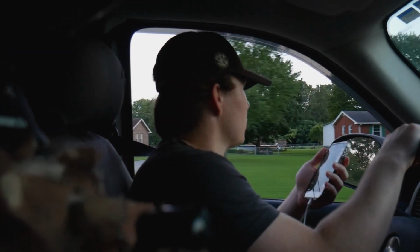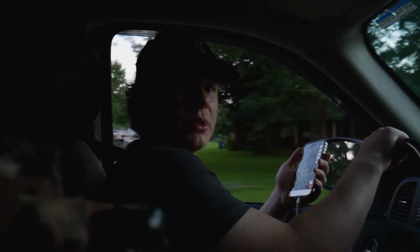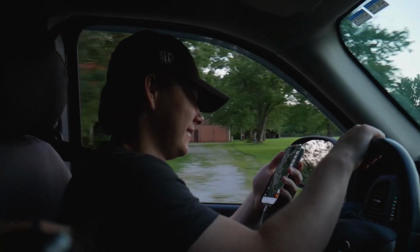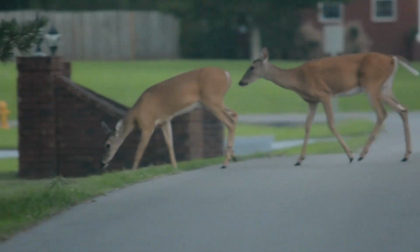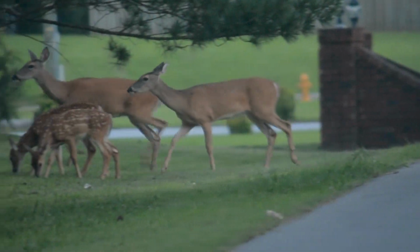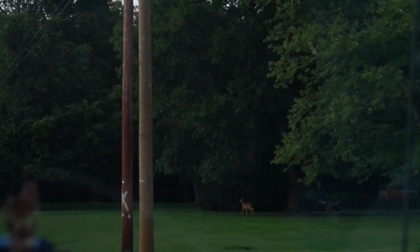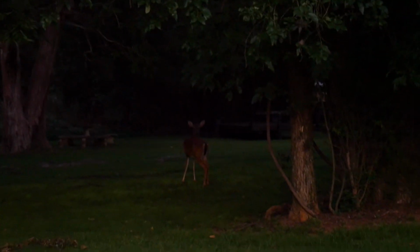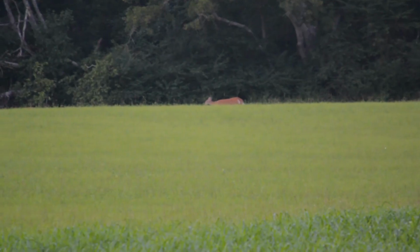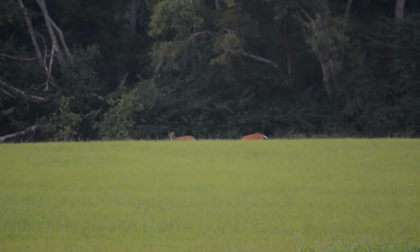But another really important part about driving around is you get to see everything that is bordering the public land. For instance, a lot of what was bordering this public land was a bunch of houses, like a suburban neighborhood type, and there were deer everywhere. In almost every single video clip, right behind those houses is public land. We also had deer in fields, and right behind it was public land, literally 50 yards away, maybe even less